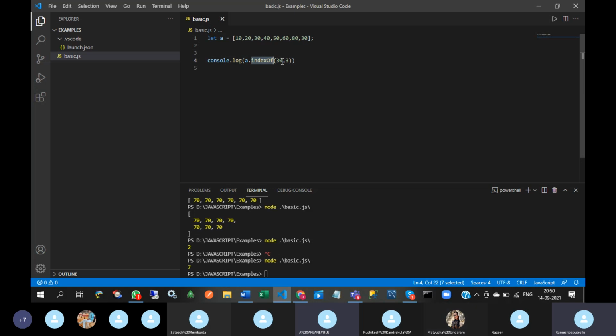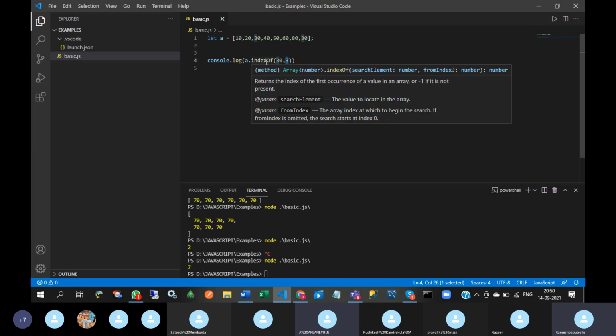If you pass only a single parameter, fine. If you pass multiple parameters, that means 2 parameters, then the first parameter indicates the searching element, and the second parameter indicates the position. So from this position only we need to start the searching.